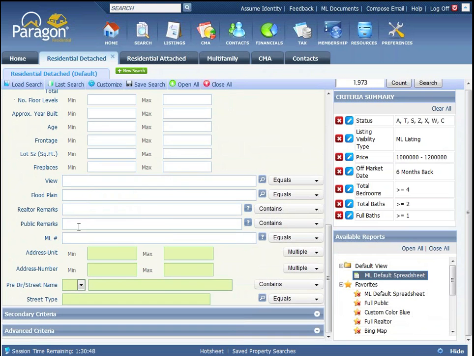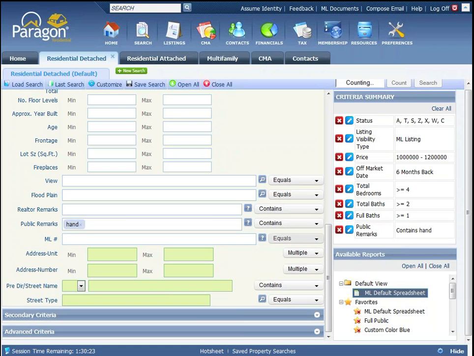Let's move on down. Let's come over to public remarks. Public remarks, as you know, is a free-form text entry field. I can put in anything I want, and I'm not restricted by a lookup field or anything. If I were looking for a handyman property, I'm not sure how the listing agent has spelled handyman. They spell it with 1 word or 2. Is it a Y or an I? I'm not sure. So by typing in HAND and hitting tab, enter, or comma, that value gets dropped in, and